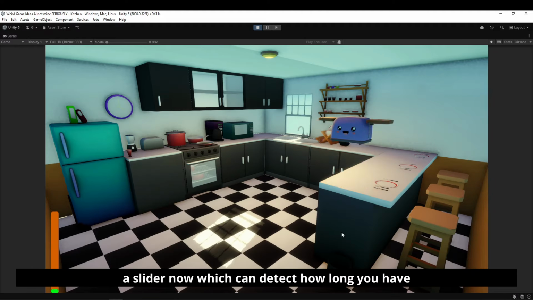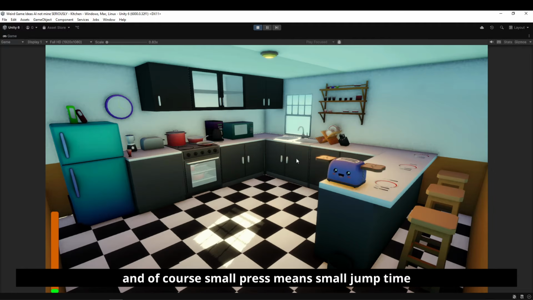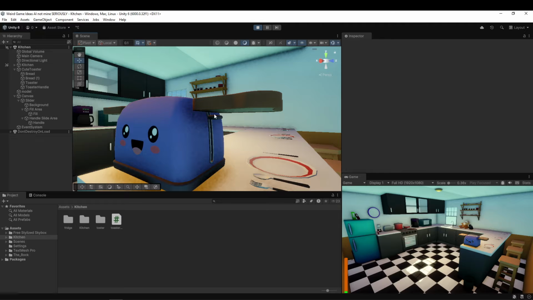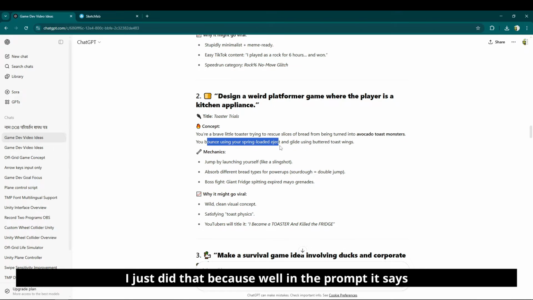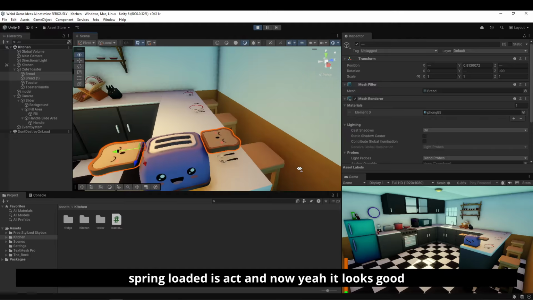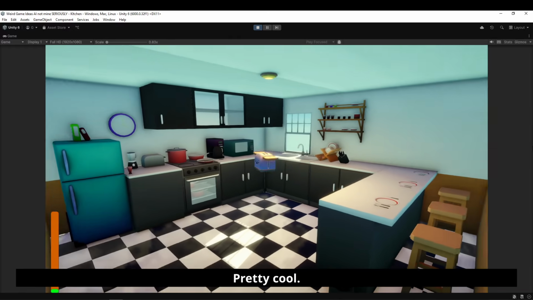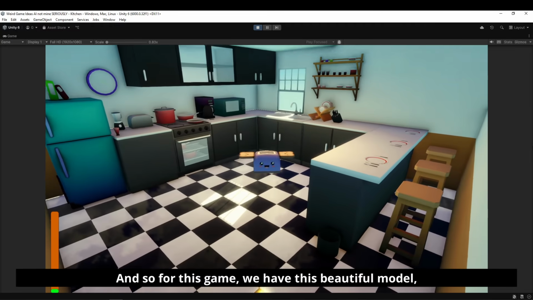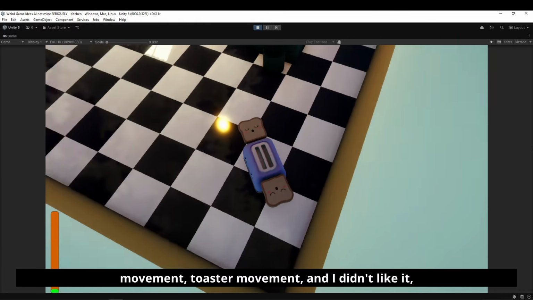So we have a slider now which can detect how long you have pressed your spacebar, and of course a small press means a small jump. After that, I edited the model, and now there's some visual feedback as well. I did that because in the prompt it says that we can bounce using our spring-loaded eject, and now it looks good. And after a little bit more button mashing, we can glide. Pretty cool. And so for this game, we have this beautiful model, position, the lights, skybox, camera movement, toaster movement,